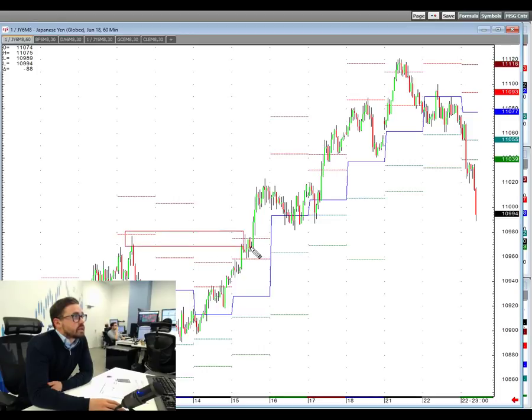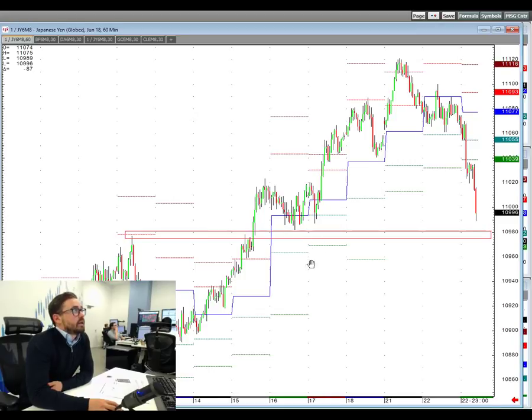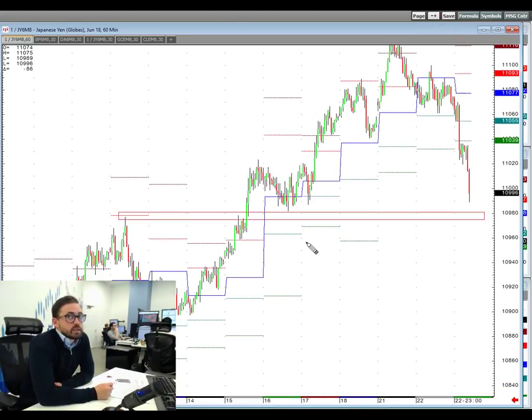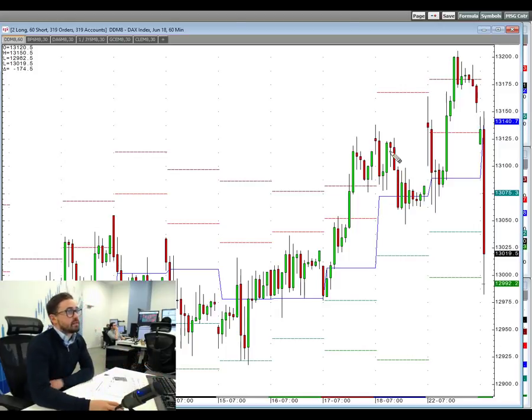You can see previous highs and then the lows that we sort of broke through and came back on the 16th, so the 10th and the 15th, and actually another level that you see on the second there. So key area to bear in mind for dollar yen if we were to get a continuation of that as well. Just going to have a quick look over at the DAX, which obviously pushed down quite significantly this morning,